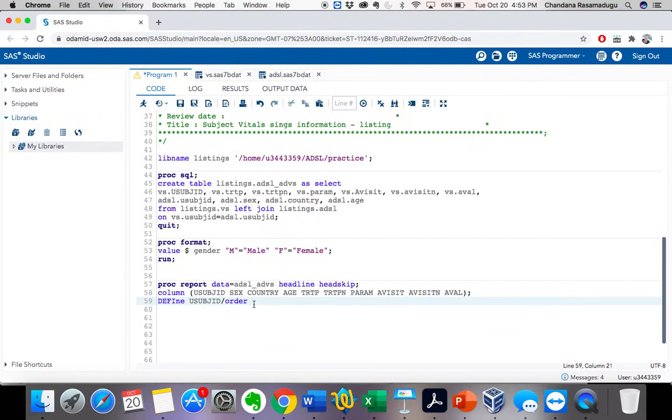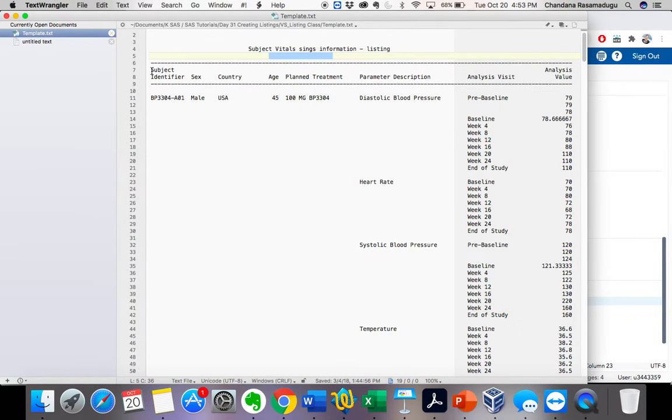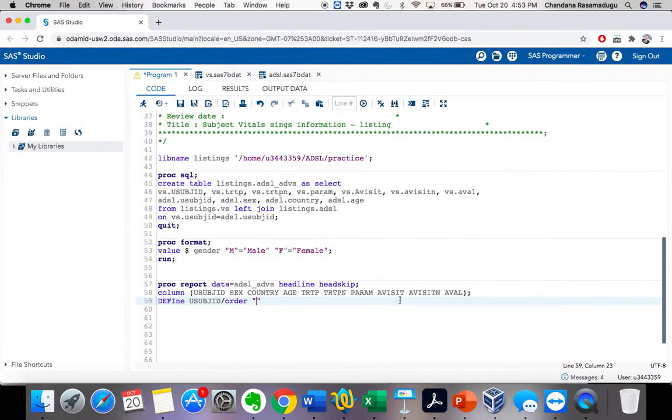So I'm using order here, and let's specify the label name. How should my dataset variable name be presented? It should be presented like this: Subject Identifier. So Subject is on the first line, and Identifier is on the next line. So let's use the split option. Okay, so Subject dot Identifier.